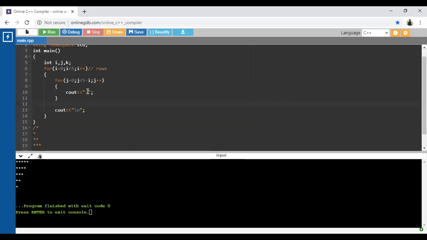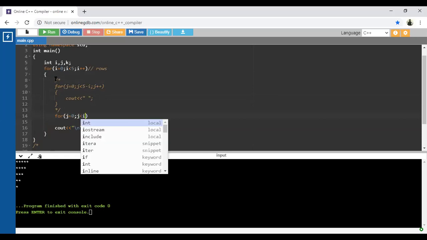So now let us again move towards our original task. Just display the left hand side. For j is equal to 0, j is less than I plus 1.